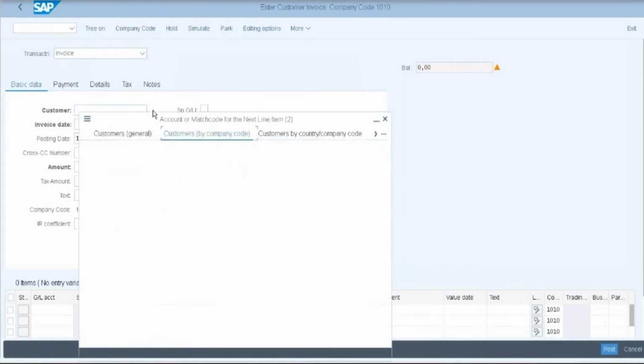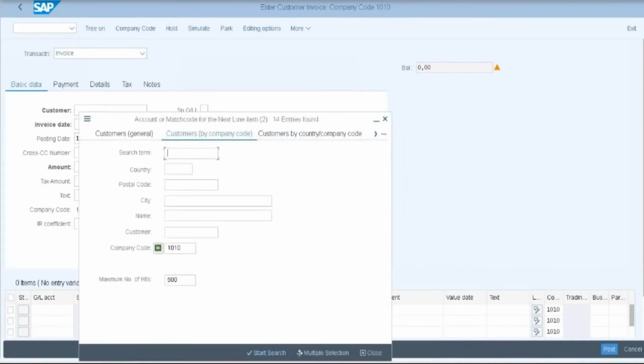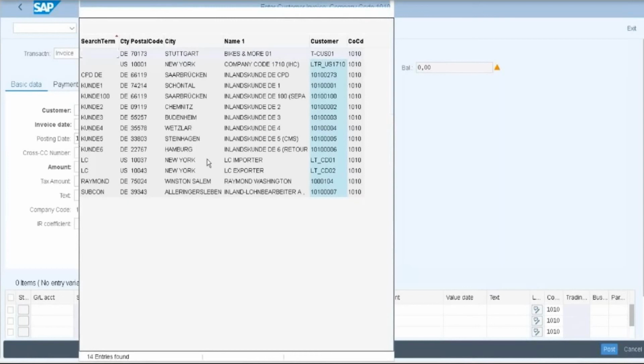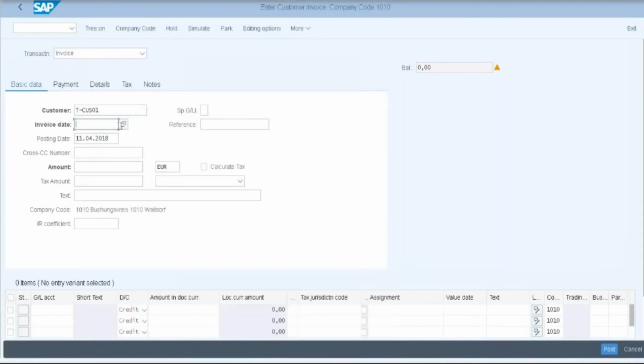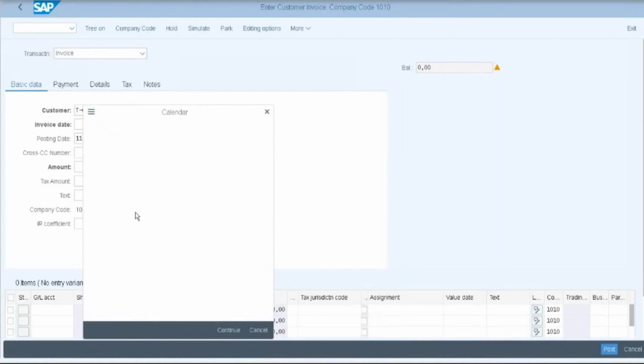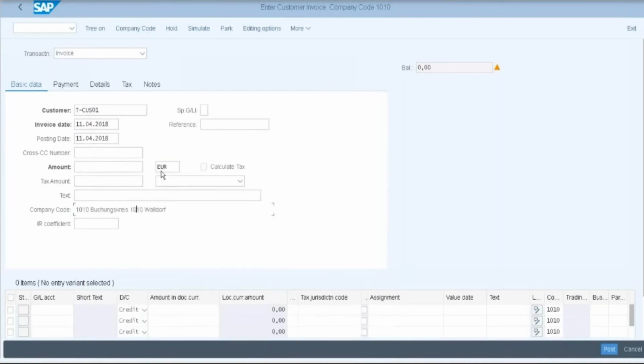Select the customer. Let's enter the date. Select the invoice date, provide the amount, select the calculate tax, enter the GL account,